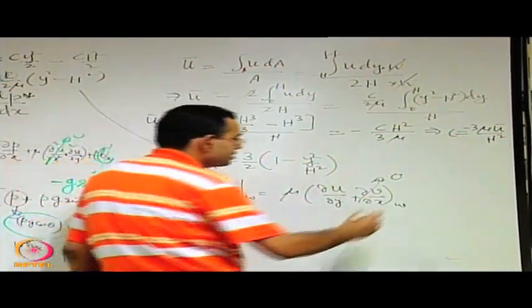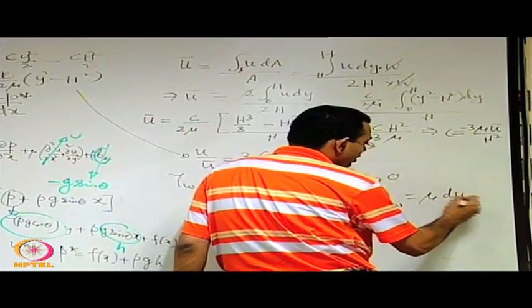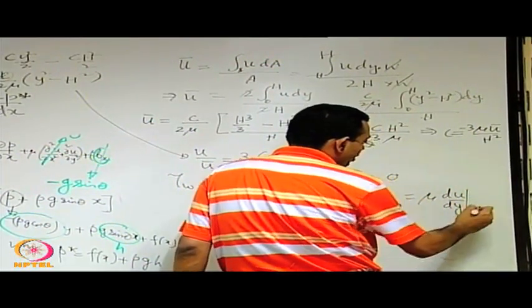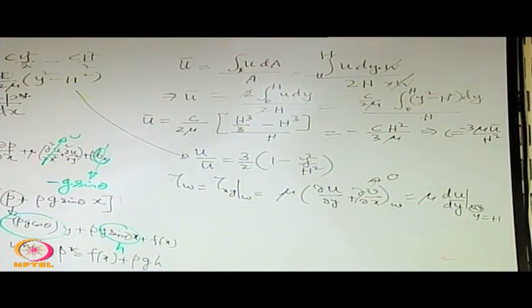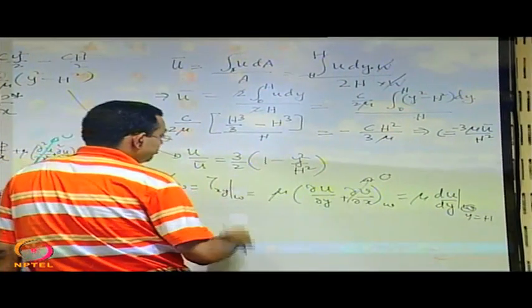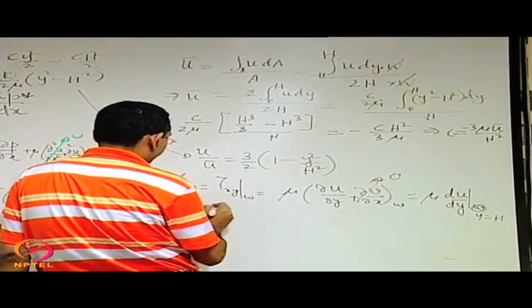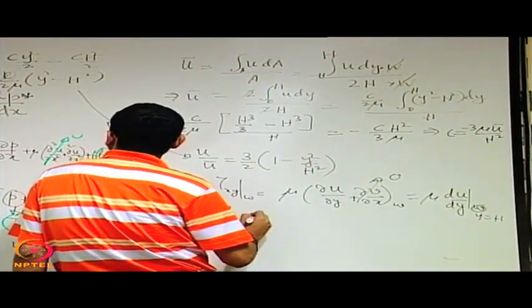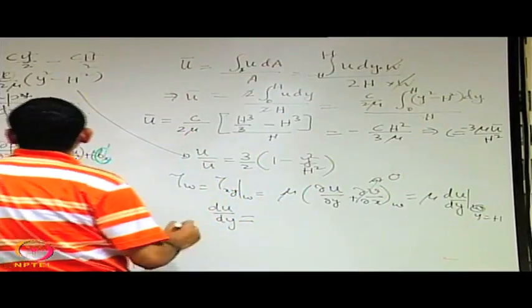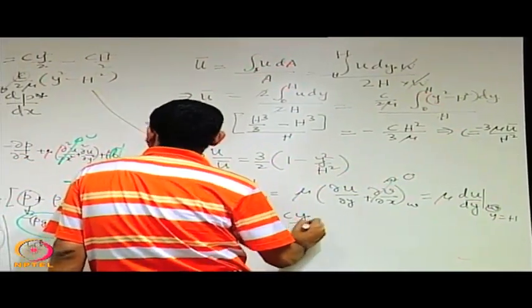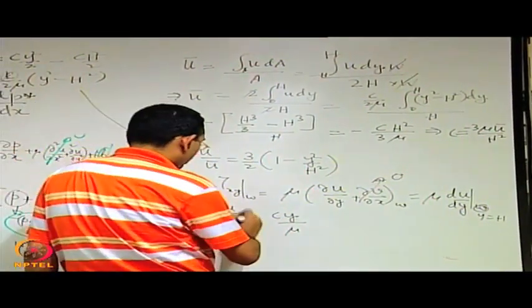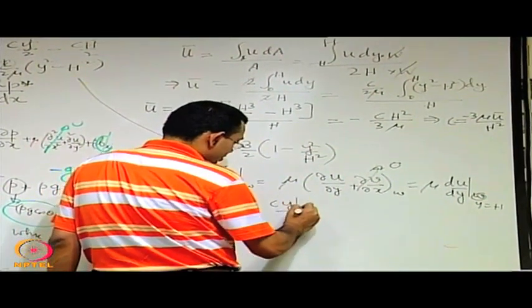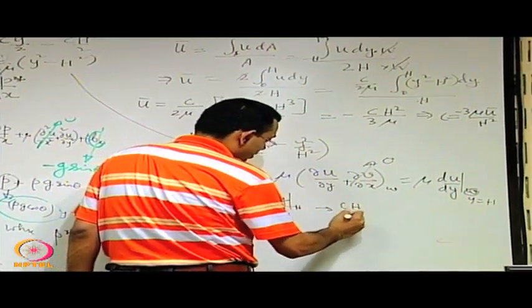So it is as good as mu du dy, because u is a function of y only, mu du dy at the wall. Wall means you have y equal to h. So what is mu du dy at y equal to h? So you find out what is du dy. So du dy is cy by mu. So du dy at y equal to h is ch by mu,